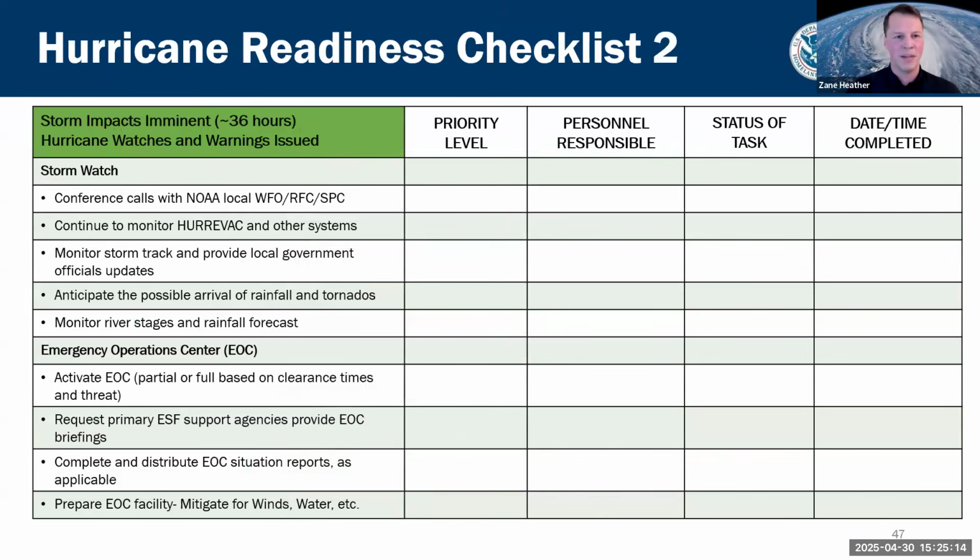So storm impacts imminent, 36 hours. What should you be doing? What do we need to go down? What is the prioritization of events and efforts? My recommendation would be, if you're using this approach or if you have these checklists, make sure that they are right-sized to the timeline that you're working under. And I think a good best practice is to ensure that it also looks at your yearly preparedness or prior to hurricane season efforts.